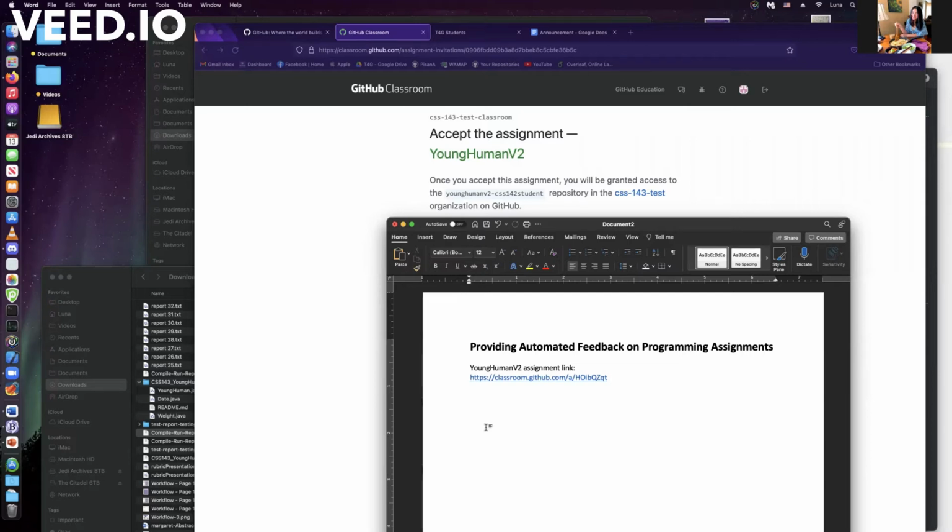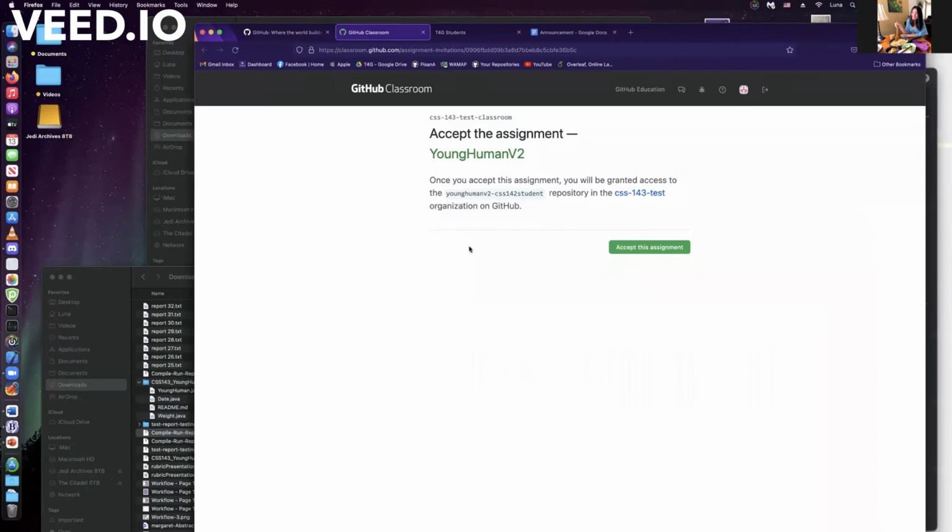You'll be receiving a GitHub Classroom link that looks like this down here. And if you click that, you'll be brought to a web page that looks like this. If you don't already have a GitHub account, you'll probably be prompted to make one. And once you do have your account ready, since you will need it, you can go ahead and accept this